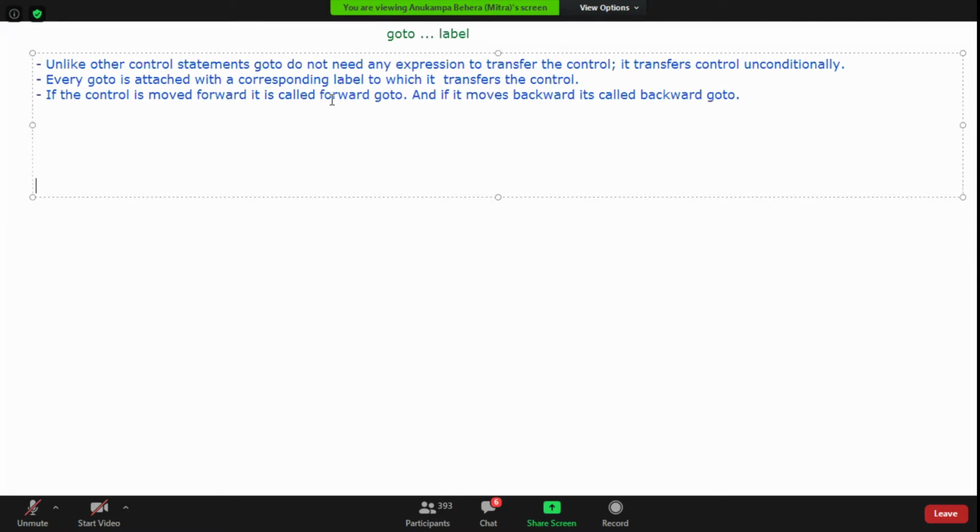Now let's take an example for that. Suppose we are having a code block like this. Two code blocks we will have.